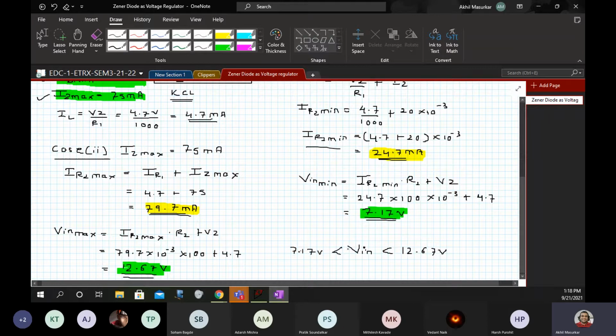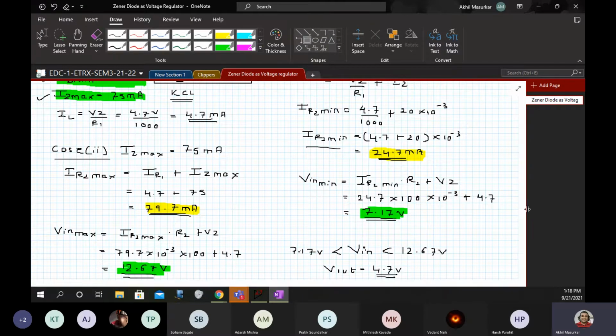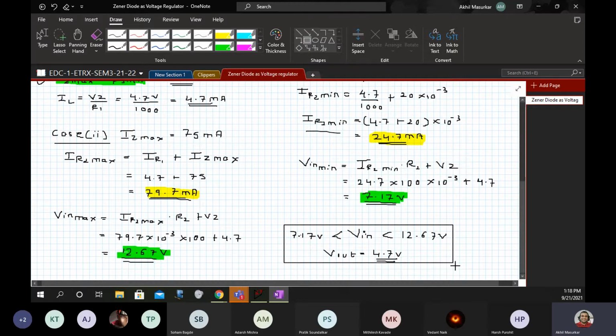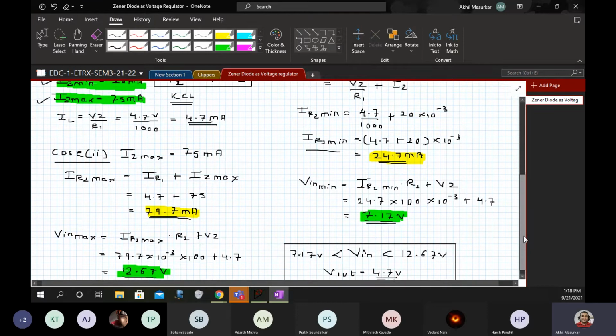What this means is that if V in changes between 7.17 volts and 12.67 volts, my V out remains equal to 4.7 volts, which is the voltage across the Zener. So the output gets regulated only if the variation in V in is in this range. I hope you have understood this.